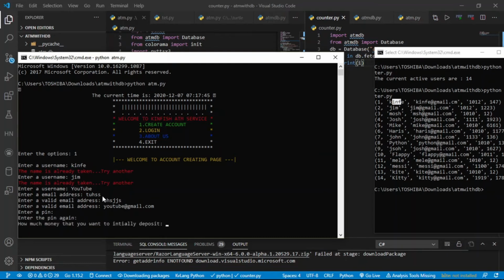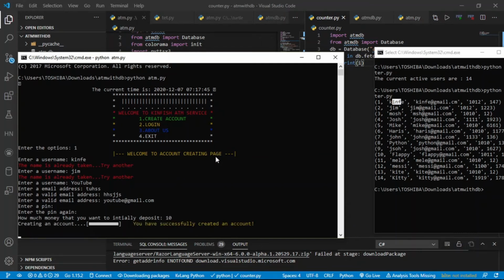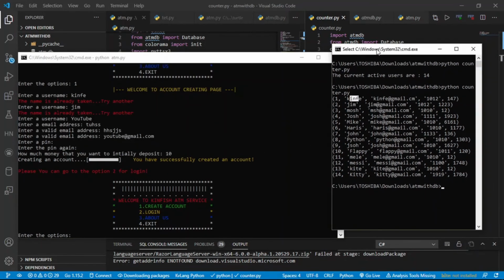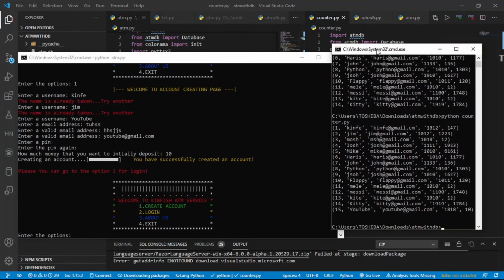If you miss the "again" step, it will take you back, because the authentication is real time. The next step is how much money you want to deposit initially: $10. It is creating an account. You have successfully created an account, and the user will be added here. So if I just run this one as you can see